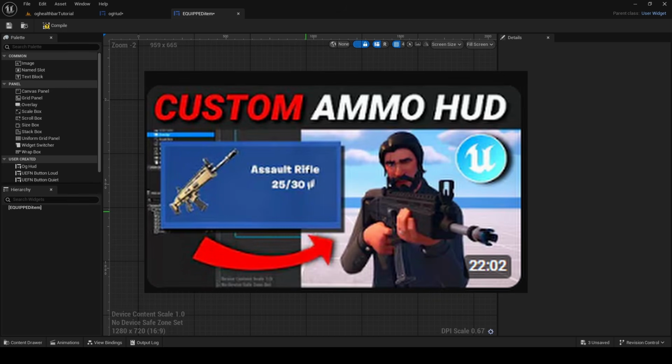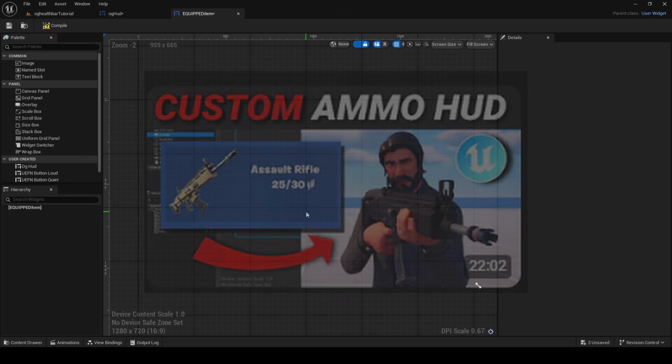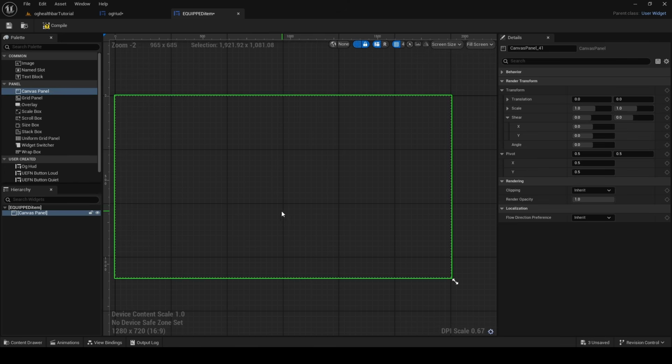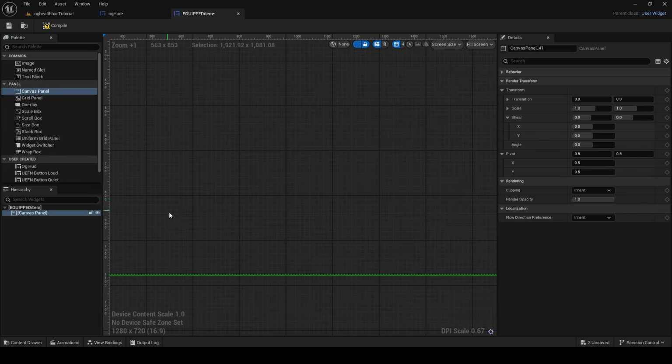Now I made a video going over the equipped item HUD already, so I'm not going to go in depth. It's nothing crazy, and I don't really want to bloat this video out with stuff that I've already explained before, so you can just go watch that if you want to know more about the equipped item HUD. I'm just going to do something really simple where I grab this panel,